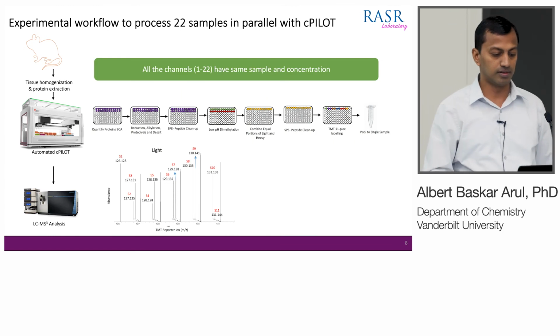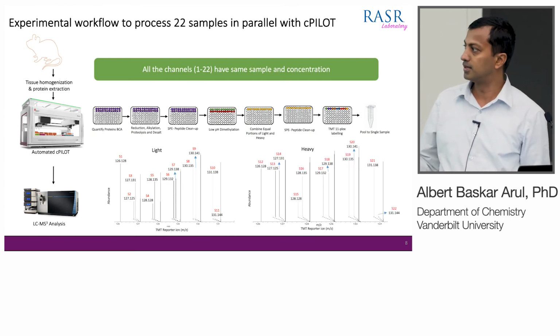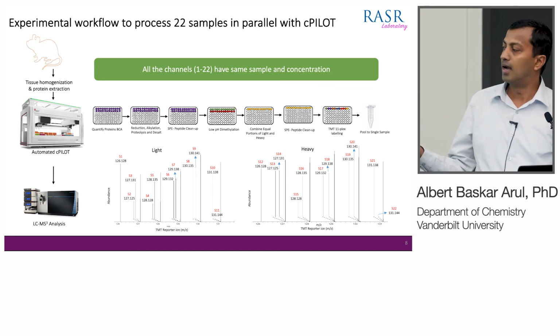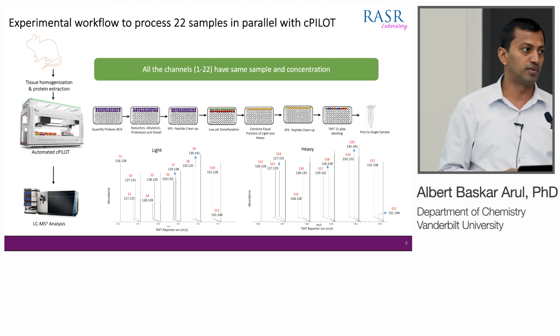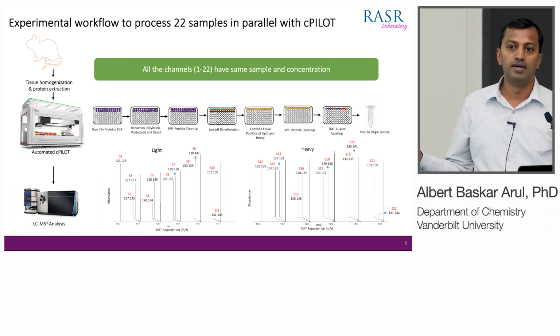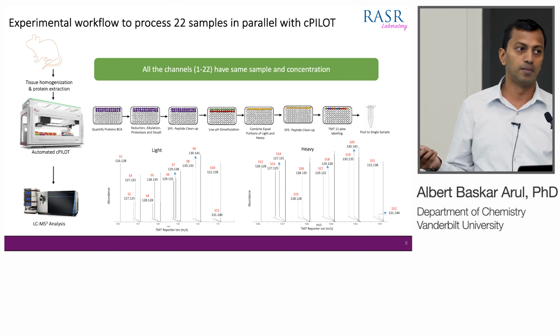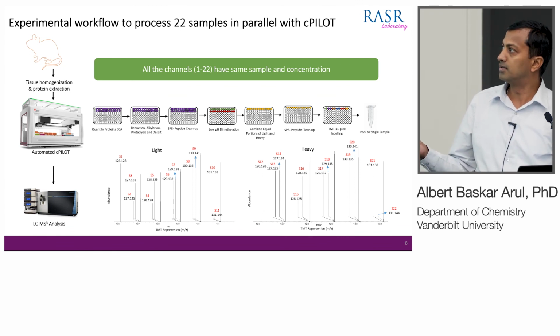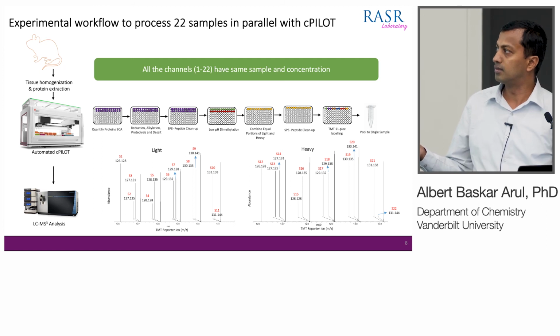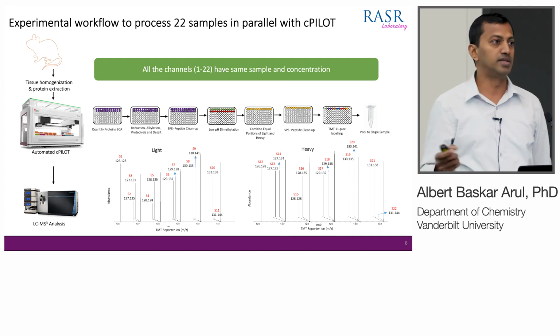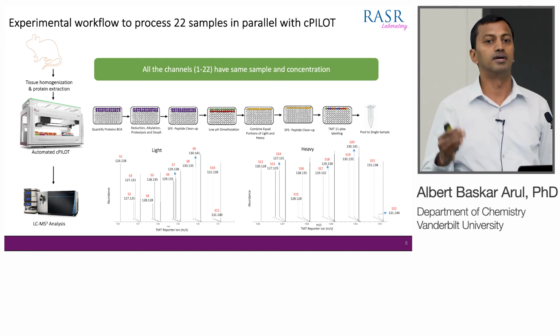Here I'm showing you the result after injecting into the mass spectrometer. You get the spectrum, and we analyze it using software called Proteome Discoverer, and we get the reported intensities of the samples. S1 to S22 represent the channels which I used. There are a number of samples, corresponding to rows 1 to 11 and the second row. All these samples have been analyzed using a mass spectrometer, and they show the spectrum abundance.